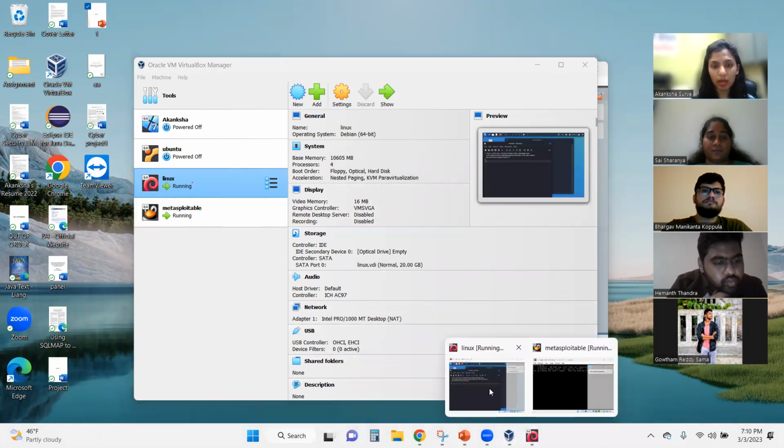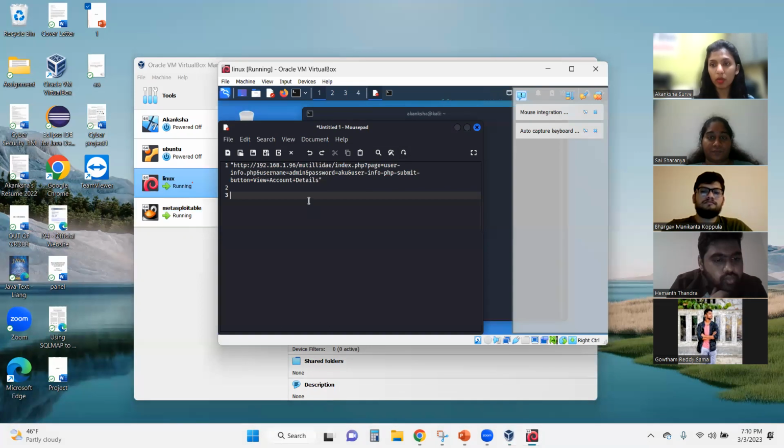Once we put in the commands in Linux, we will be able to see what is stored in that particular database. So we are attacking the whole system, and whatever is stored in that website, we are going to take the information from it. For that, we need a few commands, and this is how the URL looks. The main thing that we need is the IP address, like how you see